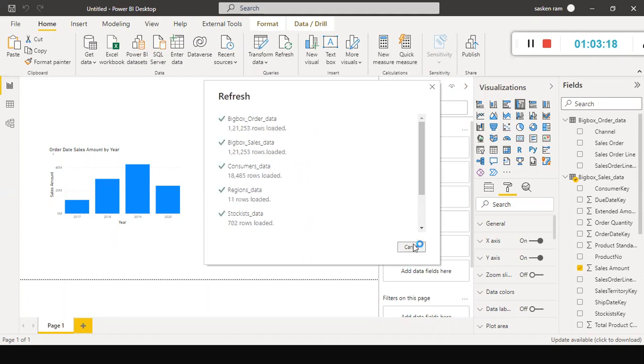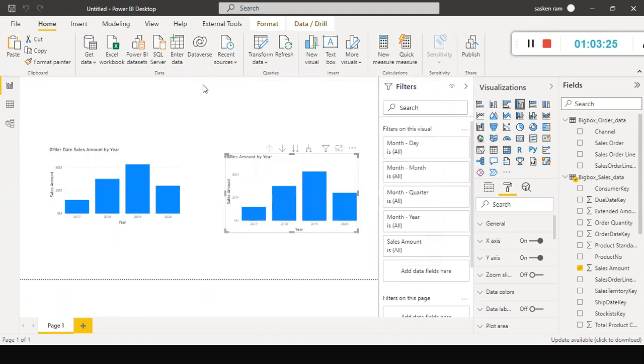Now we are done. Look here, it is working on it, it's loading. Now it shows 426. Earlier it was showing 428 or something like that.